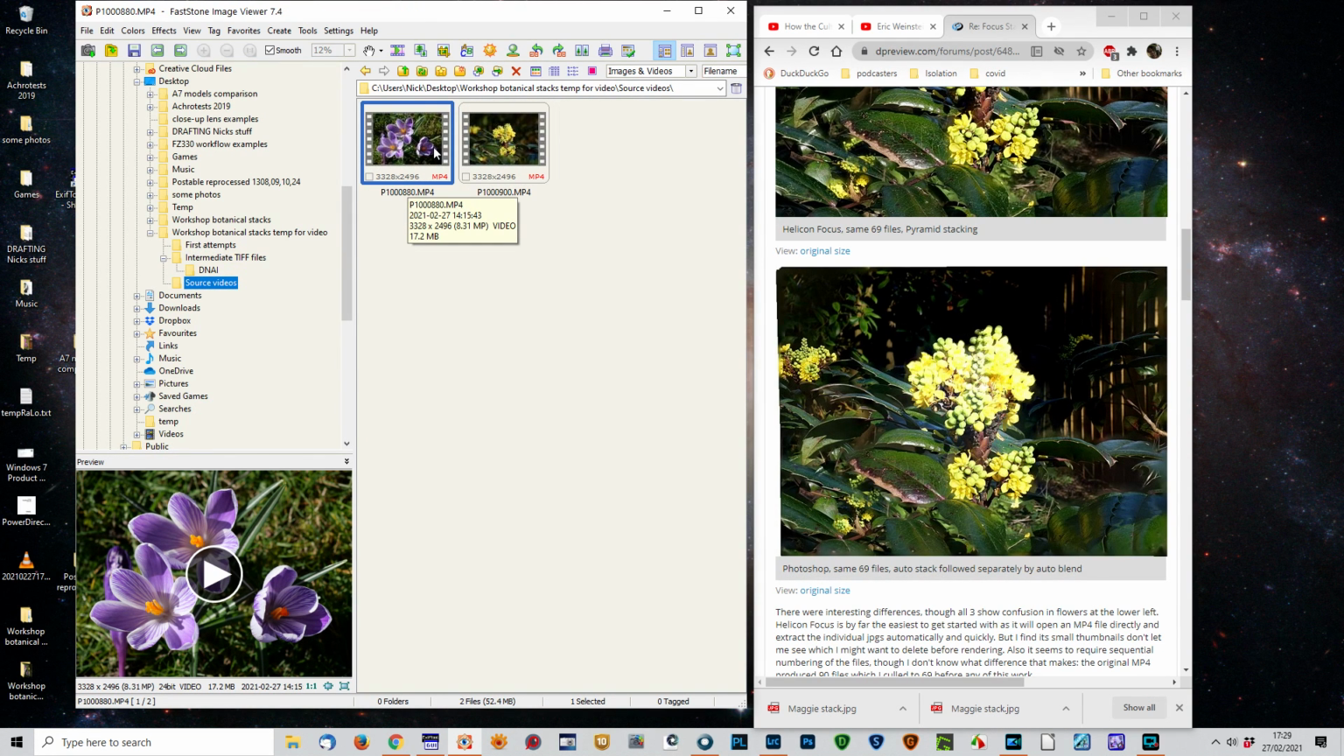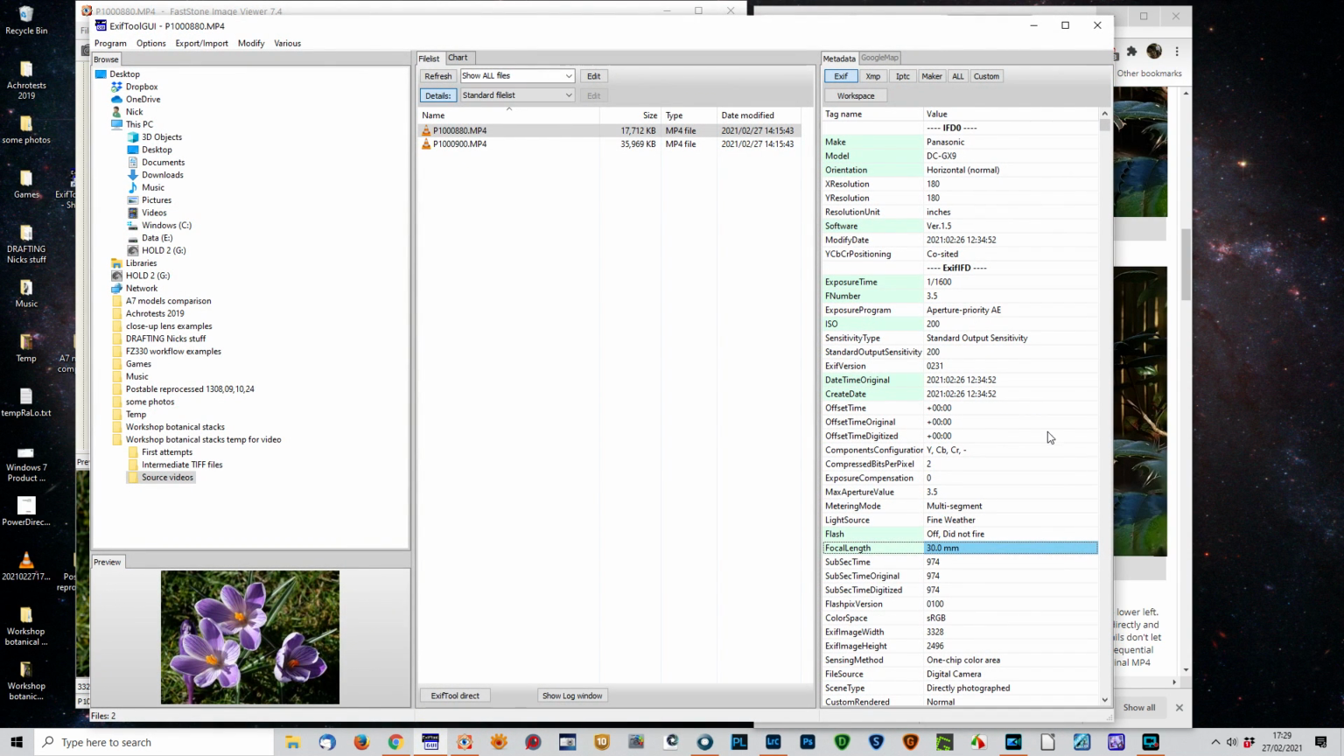it's a video, it's a 4K video, and if we look at its details, it was captured with a 30mm macro lens on a Panasonic Micro Four Thirds camera. It was captured using f3.5, which is the maximum aperture for that particular lens. It was using ISO 200, which is base ISO for that camera, and it was captured at 1/1600th of a